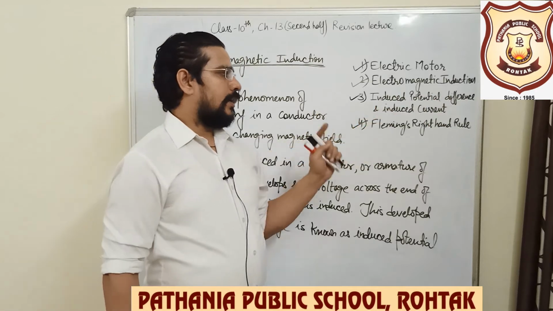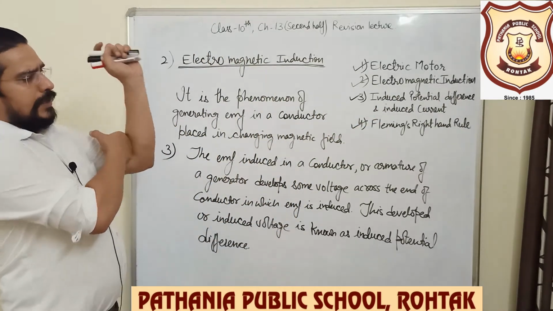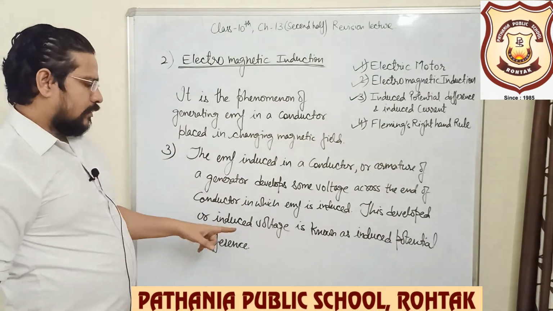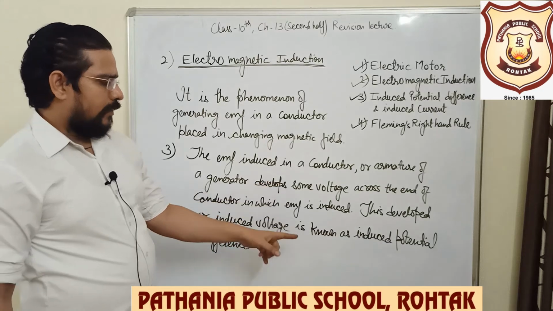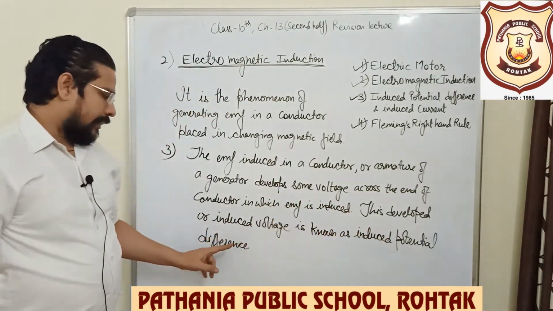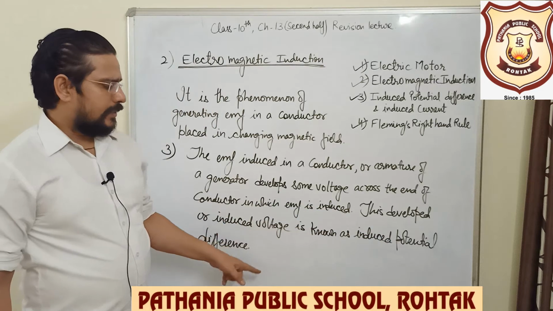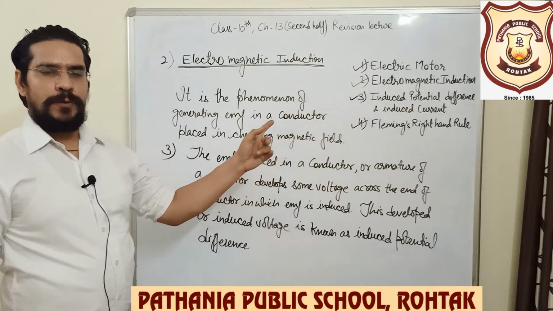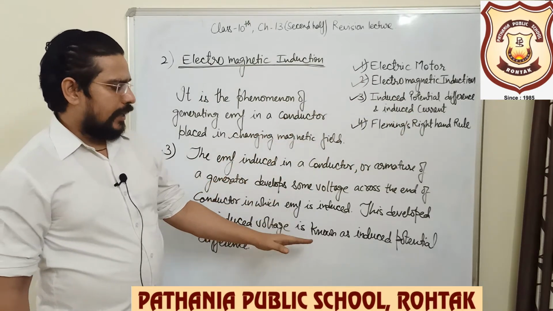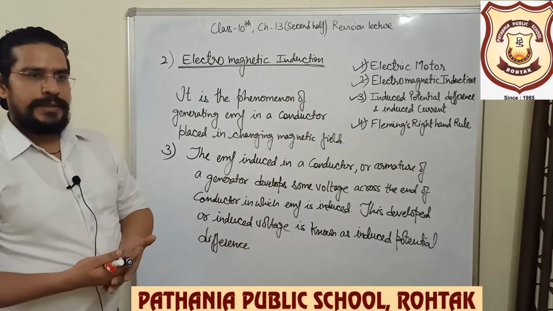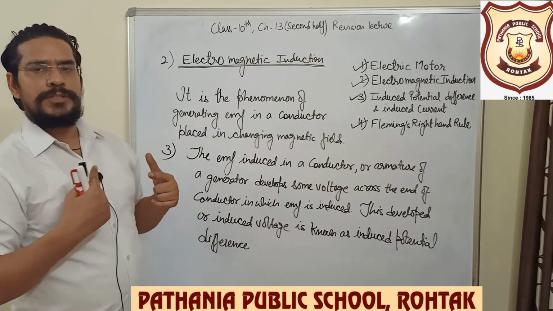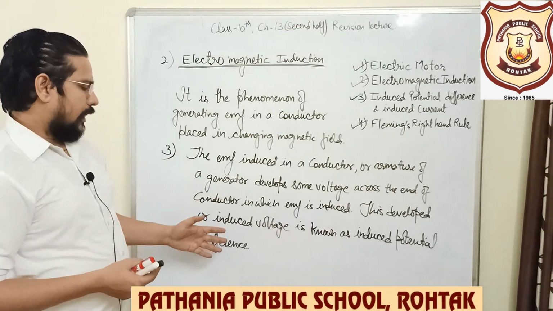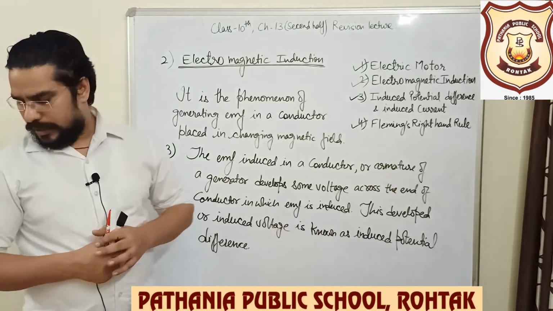Now, what is induced current? If you connect a resistance across the ends of the conductor in which the EMF is induced, then the potential difference available at the ends of the conductor divided by the resistance connected in the circuit will cause some current to flow in the circuit by Ohm's law: I is equal to V by R. If V is the induced potential and you divide it by the resistance of the armature or conductor itself plus the load resistance, that is known as your induced current.